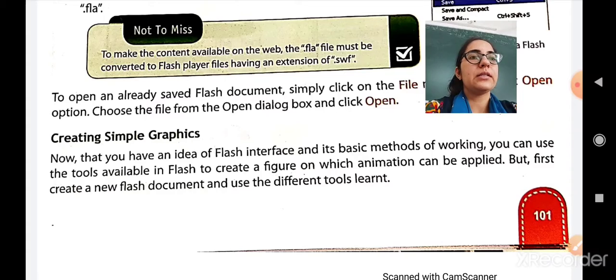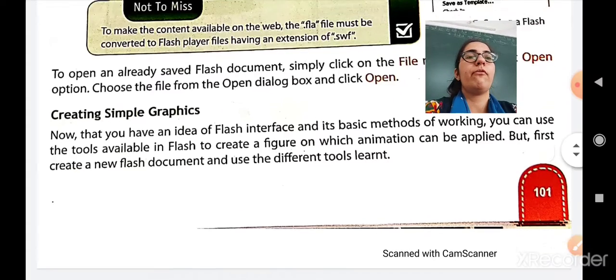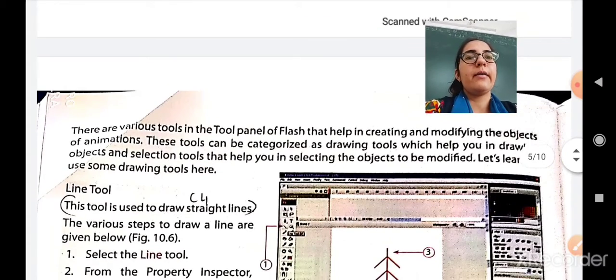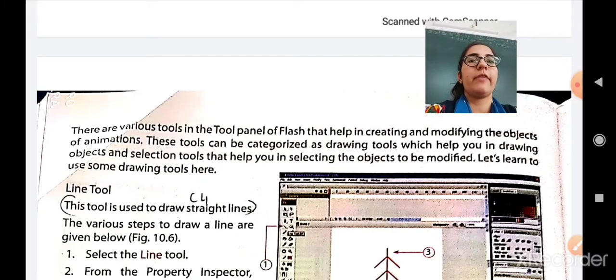You can create any drawing using different tools. There are various tools available in the tool panel of Flash that help in creating and modifying the objects of animations. These tools can be categorized as the drawing tools, which help you in drawing objects, and the selection tools, which help you in selecting the objects to be modified.